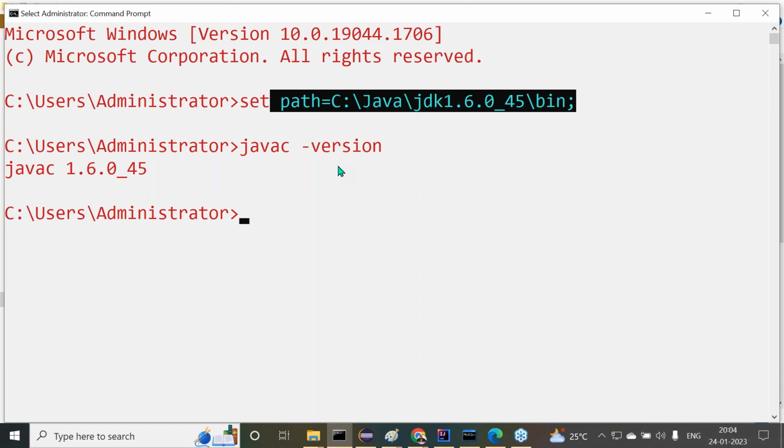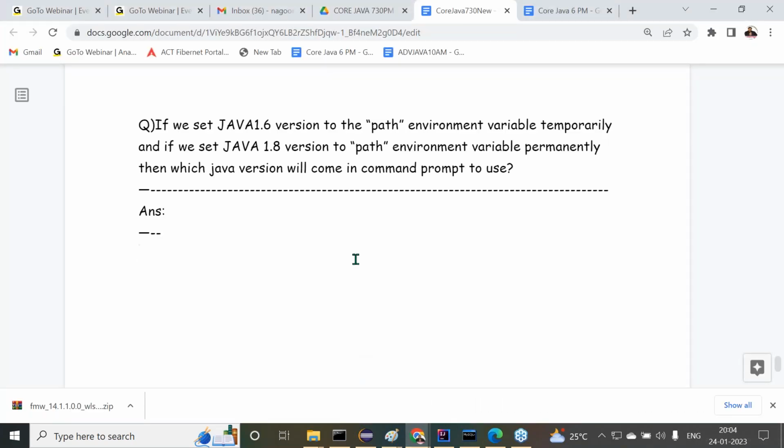If you are not setting the path locally, then it will get the permanent setup here. Got it or not? Right, so that is exactly the point I'm telling you clearly now. So the answer for this question is very clear. Now, in this case,